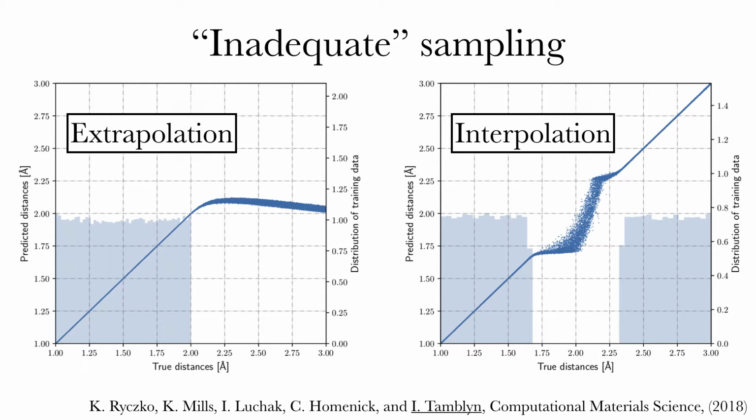you can see that suddenly there's this huge problem. On the regime of distances that we actually trained our model on, we get excellent performance, and you can see that on the inset there's a histogram. This is showing how many instances of particular distances we trained our model on. So there are many examples, an even distribution between 1 and 2, but then there are no examples between 2 and 3. We get this very alarming prediction now from our model, where it has completely failed to predict distances anything past